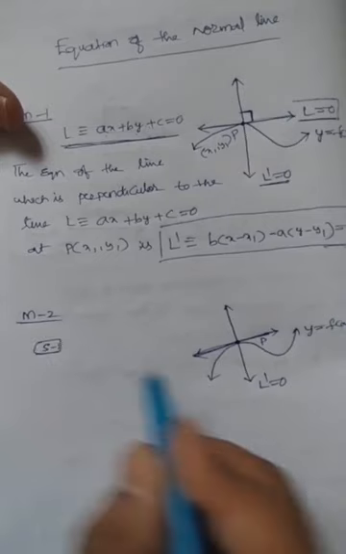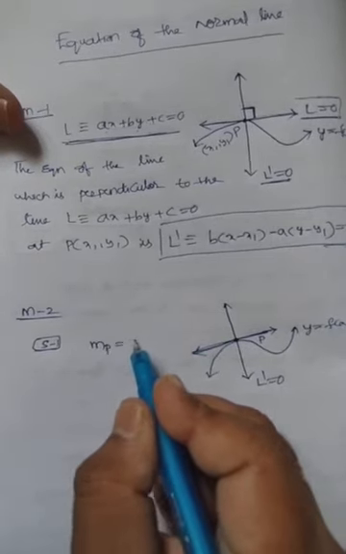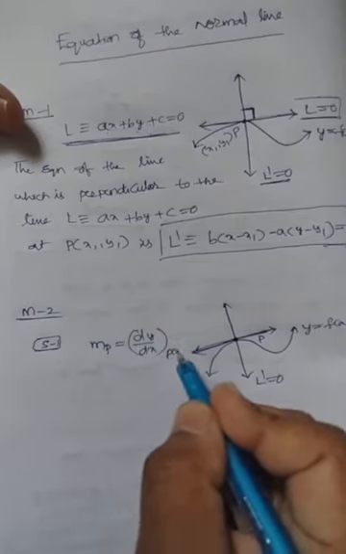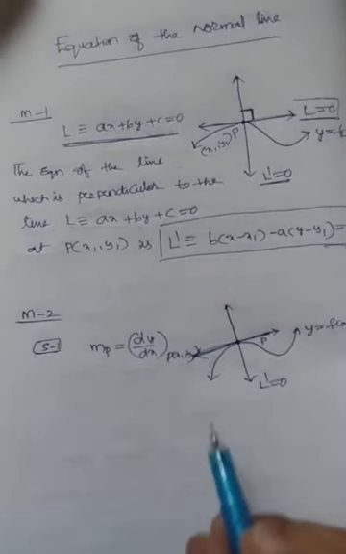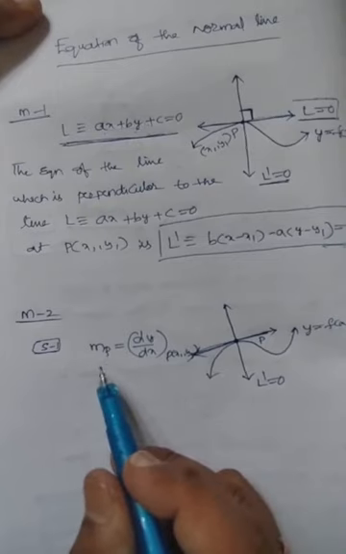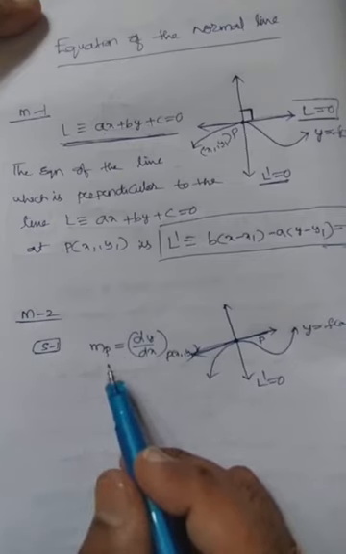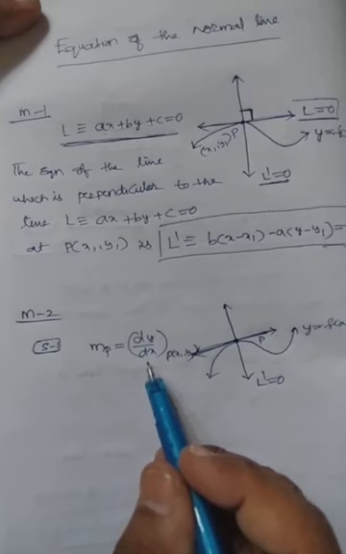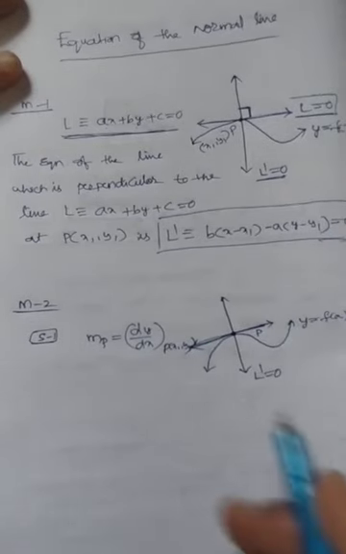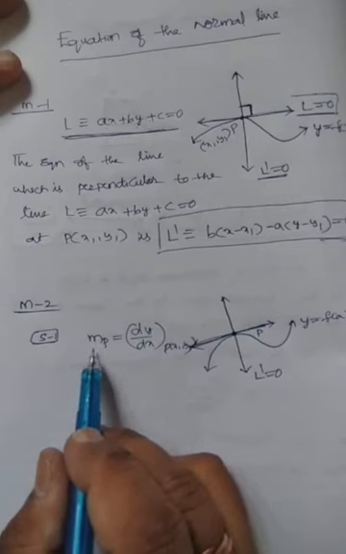You need to find the slope of the tangent line, m at P, which is equal to dy by dx at P of x1 comma y1. So step 1 is: the slope of the tangent line m at P is equal to dy by dx at P. We already learned how to find the slope by an example in our class, so we can find the slope now.